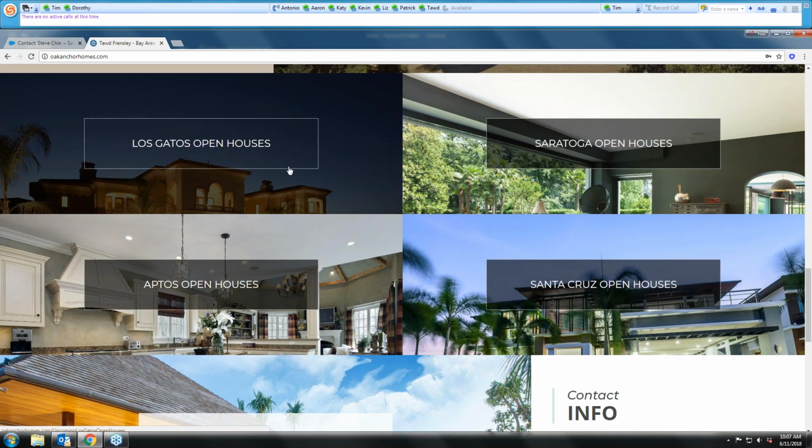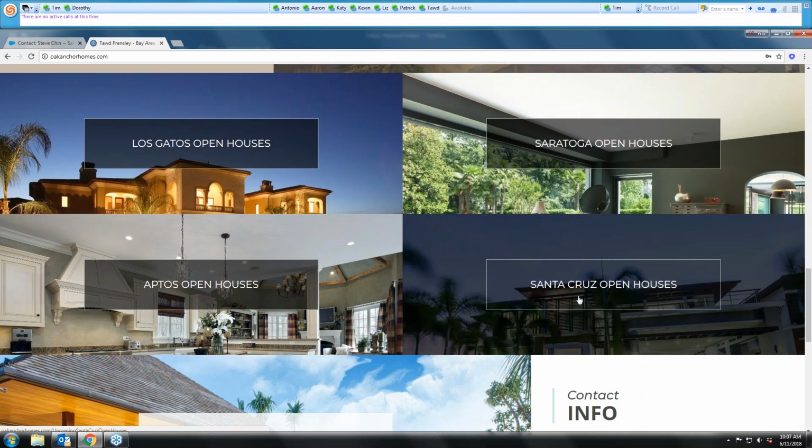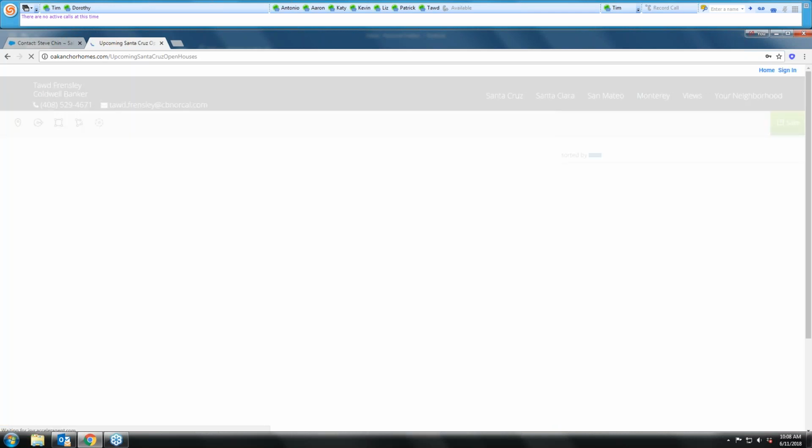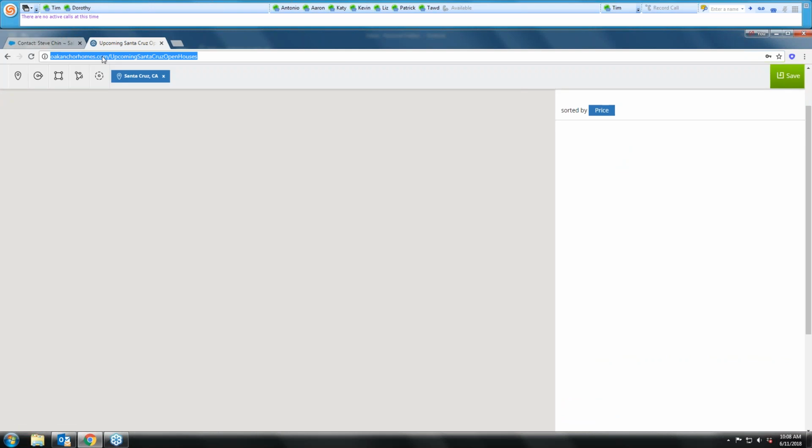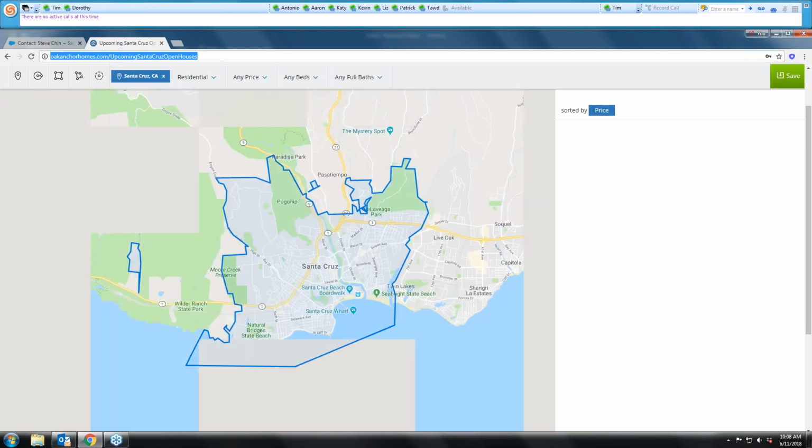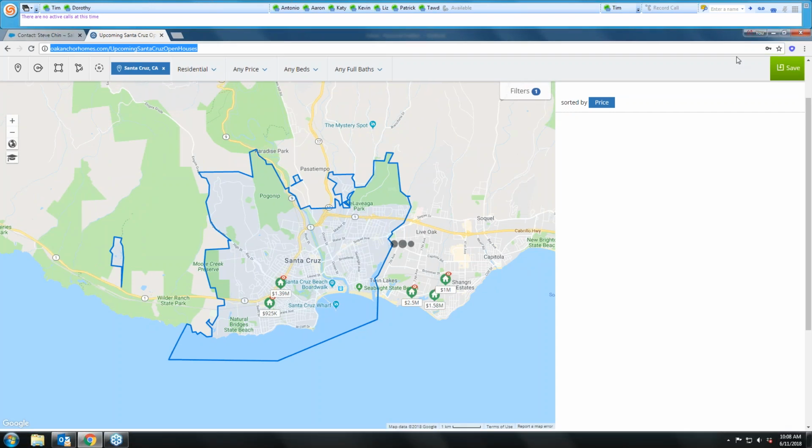If I'm doing an open house and a person comes in, and let's say I'm doing it in Santa Cruz, and I say, hey, what are you doing this weekend? And she's like, oh, we're just looking at homes. And I'm like, well, here's a list of all the open houses in Santa Cruz. I can click on it, and then just send them the link. So here's the URL. I can email this to the customer. If they give me their cell phone number, I can text it to them. And when they click on it on their phone,